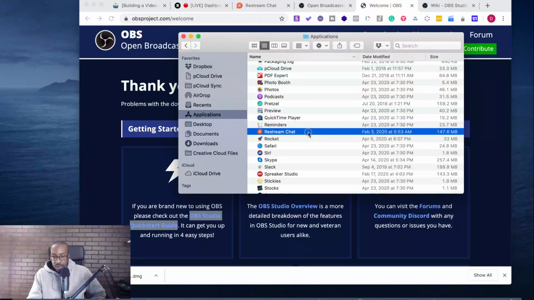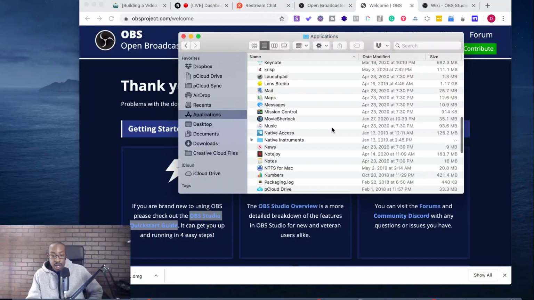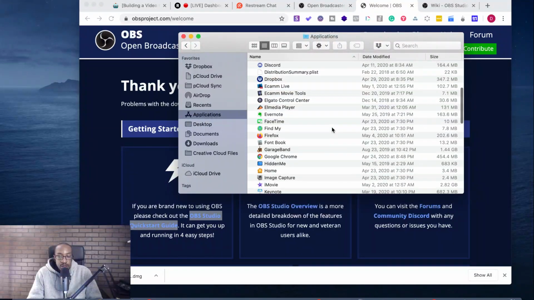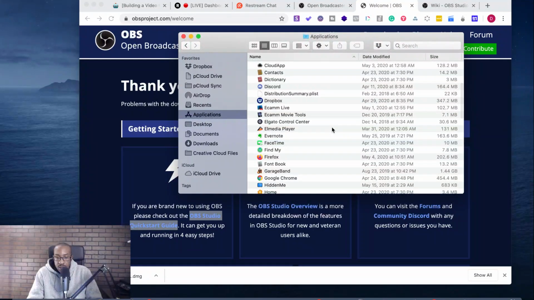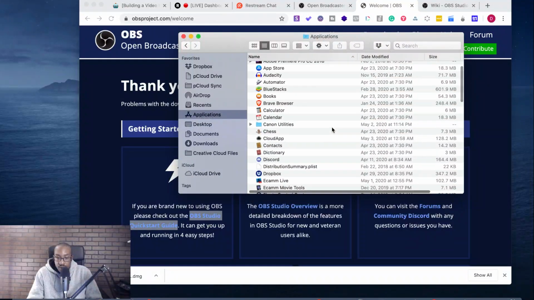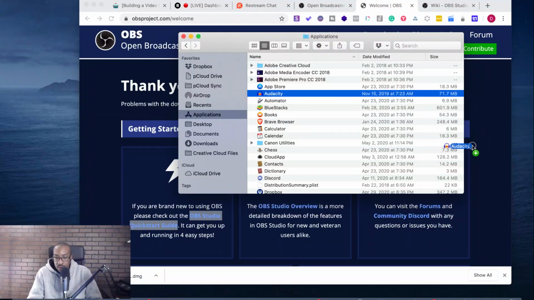I'm gonna actually put the Restream chat in the trash. I did not like it. I'm using Restream, but their app kept crashing on me. I know it's in beta. And then maybe people are going to be like, Doc, there's a trend. Everything that you touch just is terrible. I mean, that might be true. I think that's a little bit uncalled for, but it might be true. Let's see, put that in the trash.